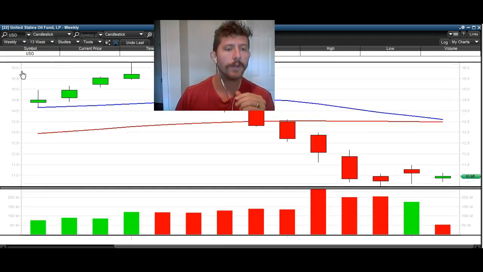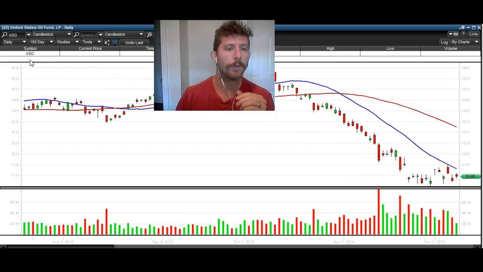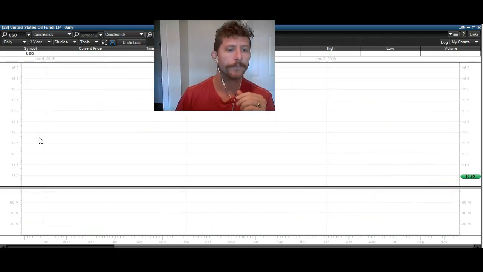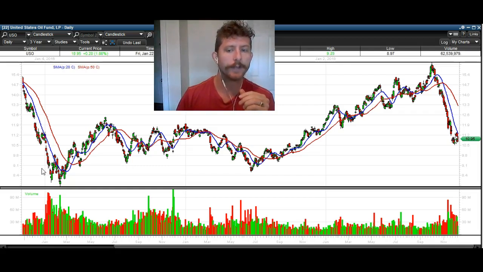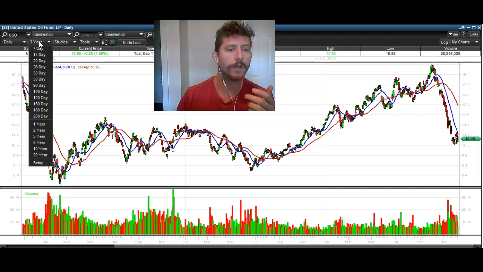And notice how, when we form bottoms, I'm going to go back to the daily, look at this bottom over here. That was not pretty. It was chopped around, gap up, gap down. That's how bottoms are formed. And in the moment, it looks hard to trade and it looks hard to deal with. But that's kind of what bottoms look like. Gap up, gap down, sideways trading, new lows made, gap up.